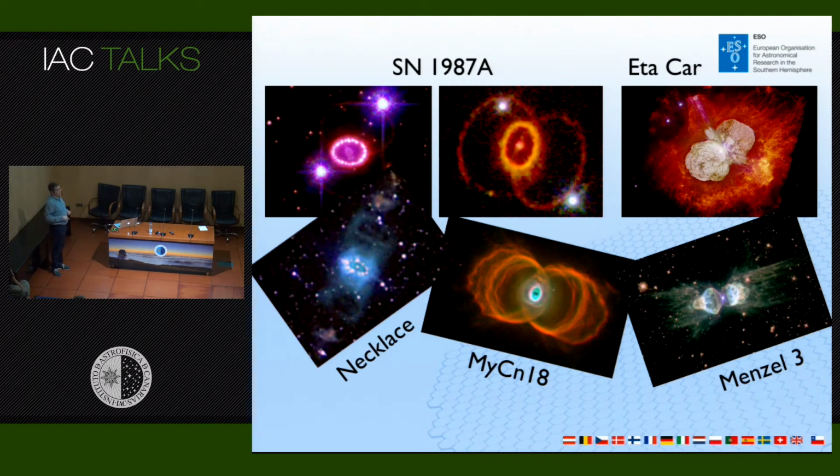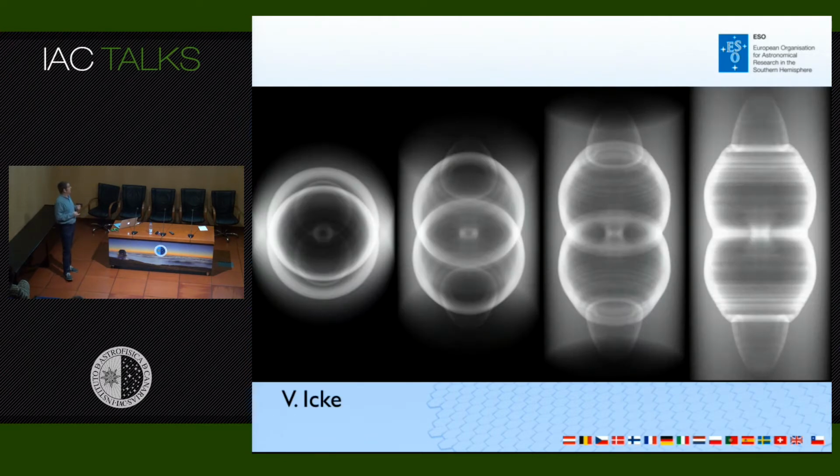And this is the well-known Eta Carina, LBV star, that has this huge homunculus with lobes, and this is also typical of some planetary nebula like Menzel 3 in this case. So the explanation that we may find for planetary nebula may also apply for other kind of stars, so it's also very general. In fact, it seems that it's not so difficult to explain many different shapes, and people have done that already. So this is a simulation by Vincent Icke, and what he showed is that if instead of